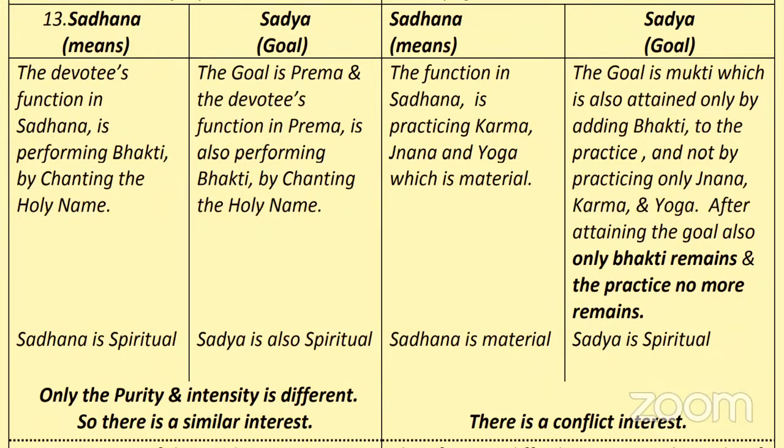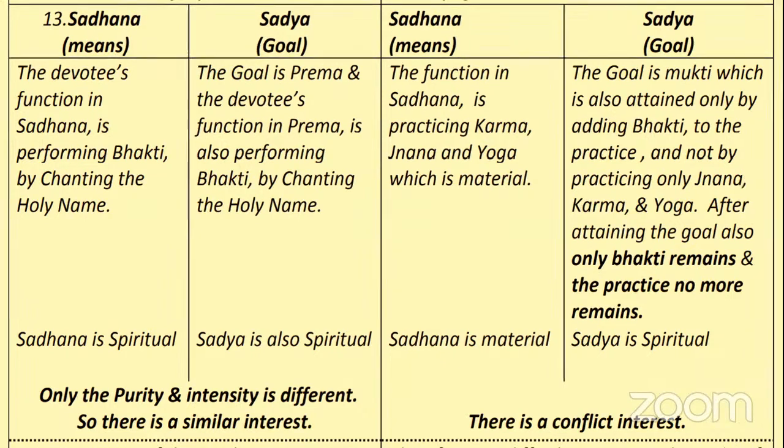And then the goal. When they want some result for karma yoga, what is the result they want? They want to settle in heaven. They think that heavenly life is spiritual life. They think heaven is the spiritual world. So their goal is like this. But for jnana yoga and ashtanga yoga, they set their goal as mukti.